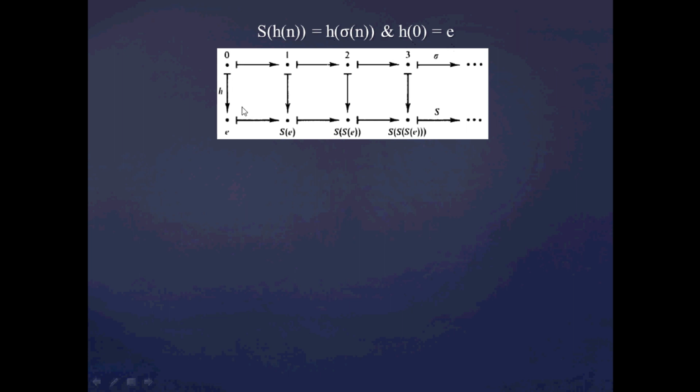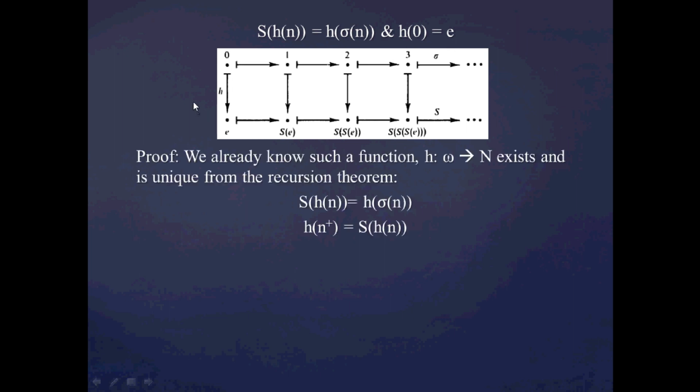And here's a smaller version of the diagram I have from the previous slide. So what we have to show is that h is bijective. That's the core of the proof, that h is bijective. What we already know from the recursion theorem is that h mapping omega to n exists and is unique. And we know that this is true from the recursion theorem if we just take this equation here, s of h of n is equal to h of sigma of n, and we look at sigma of n